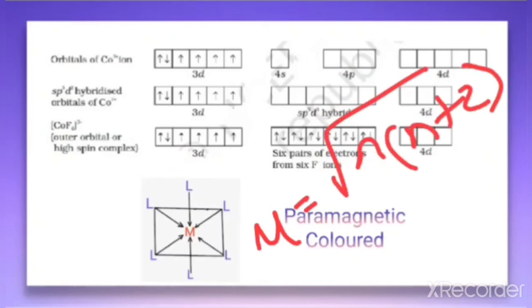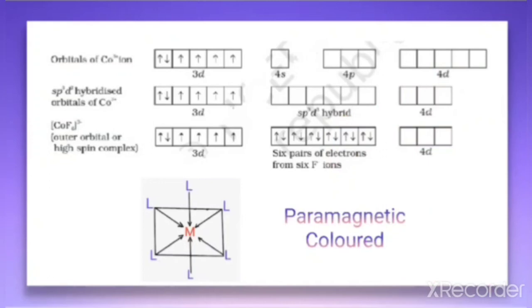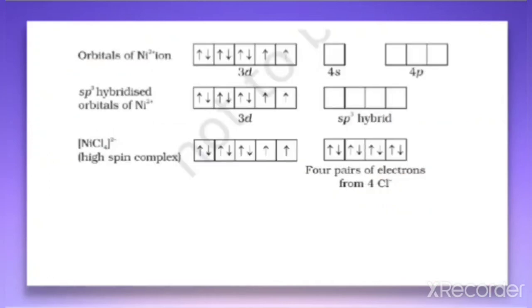This formula you have to use where n is equal to 4. So 4 into 4 plus 2. So when you solve this one, it will be something 4 point something. So this is what actually when a hybridization is explained, that is, it is explained in the magnetic behavior, and the magnetic moment we can find it out in this way. Let us do one more example, that is